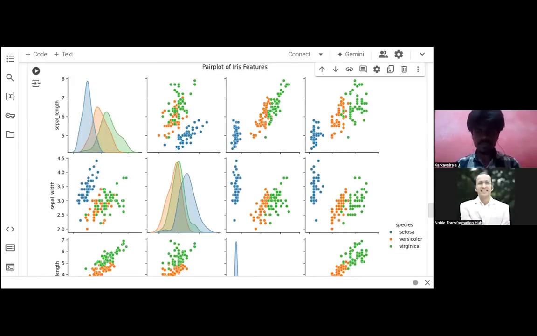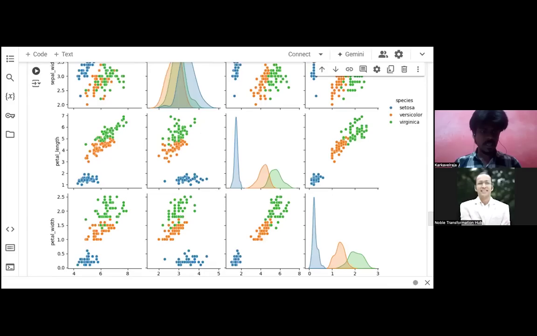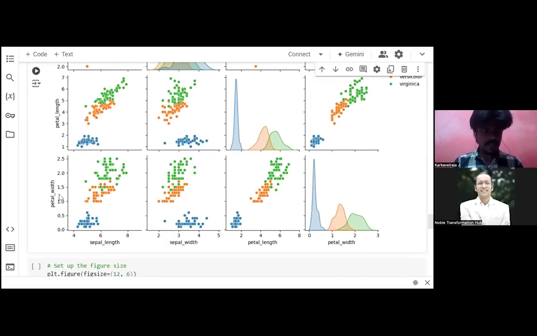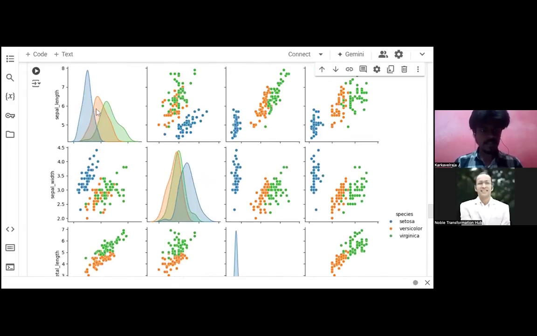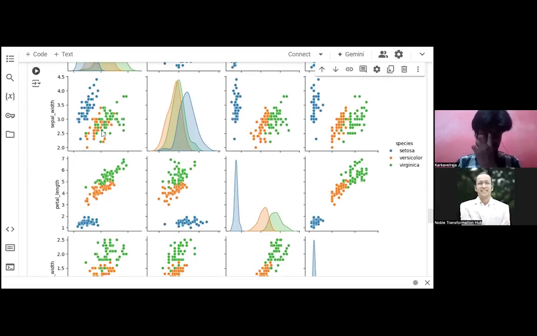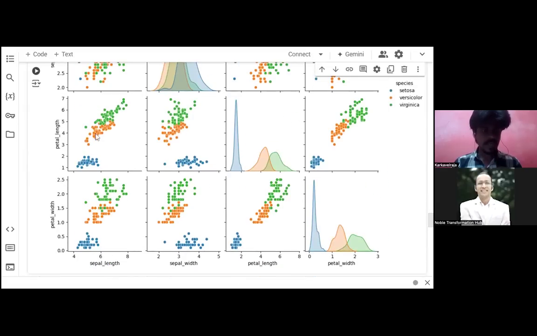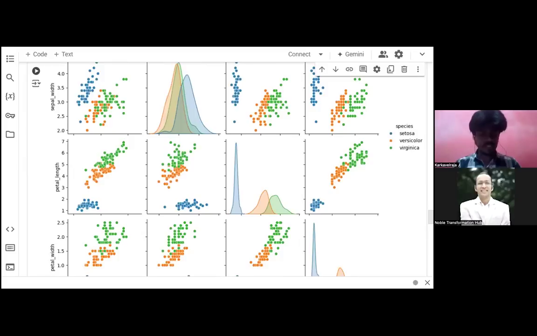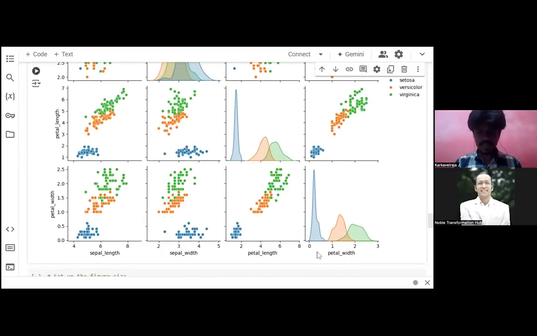Okay, this is a pair plot, guys. You see here, sepal length versus sepal length, sepal length versus sepal width, sepal length versus petal length, sepal length versus petal width. Like that for the entire set of features: sepal length, sepal width, petal length, petal width.